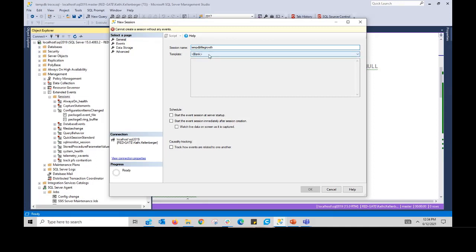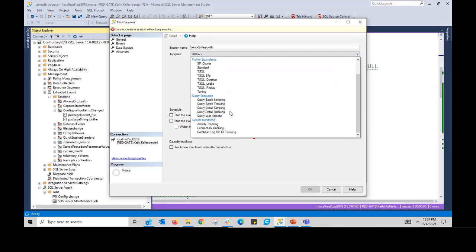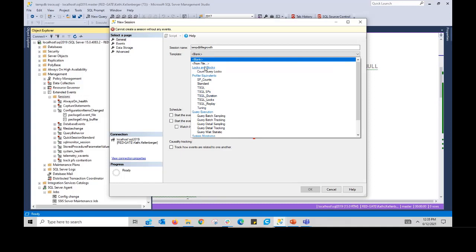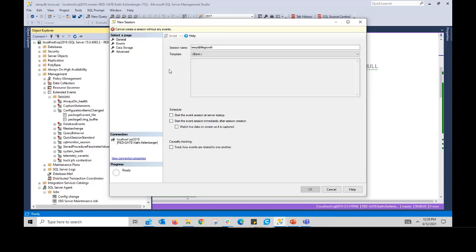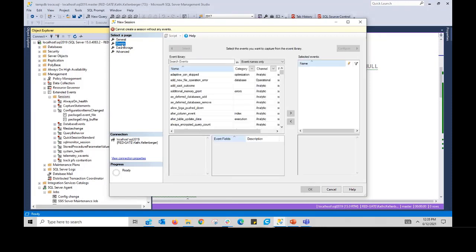Also, I want to point out that those templates that were built into Profiler, they are here as well. So you could actually just choose one of these templates. And I think that's something that folks don't realize exists. I'm not sure when Microsoft added that, but that might be the thing that gets you to break away from Profiler and Trace. I'm going to go ahead and choose my own items, and I'm going to watch live data. I'm going to go to events and I'm going to